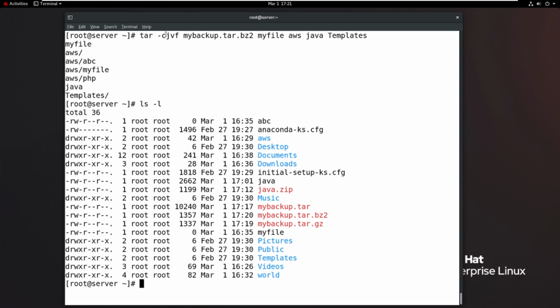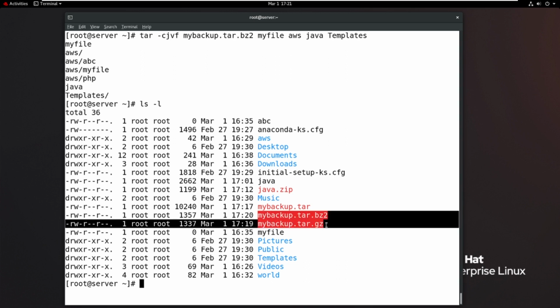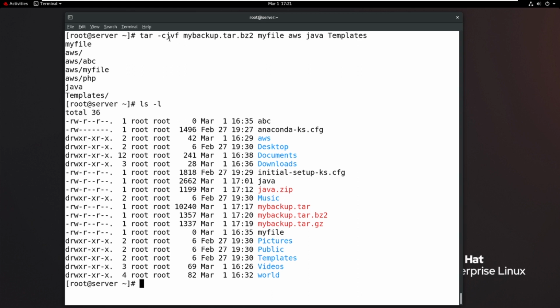When the files are compressed with bzip2. When the option is z, the files are compressed with gzip. This is the way we take backups in the real environment. Either we can use the j option or the z option for compression. If you use neither j nor z, the same amount of disk space is used.